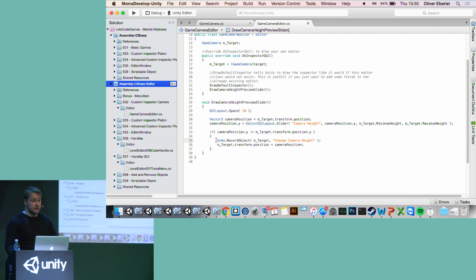In this case, very simply, before I change the object, I want to register an undo step with Unity, telling Unity, hey, I'm doing something now. Register in your undo database or whatever that I did something and what I did, so the undo functionality works. So I can press Command Z and Command Y and stuff like that. So that's very useful. And we'll do more of the undo functionality later on. There's a bunch more stuff that you can do with that. And then I simply apply the value.